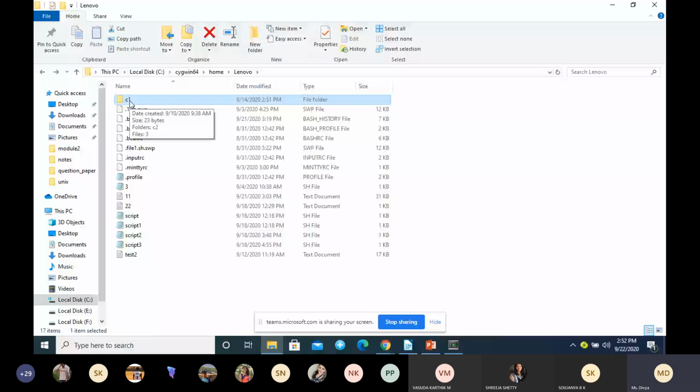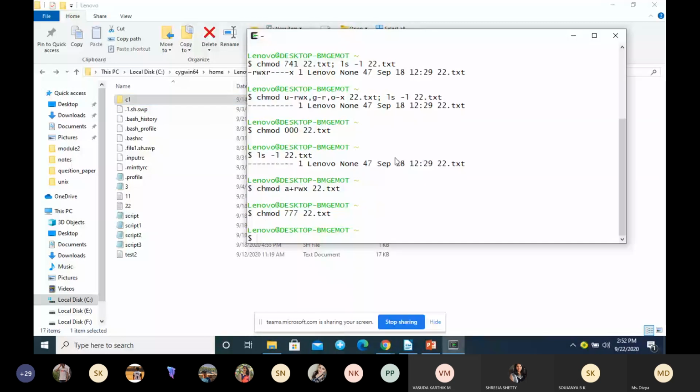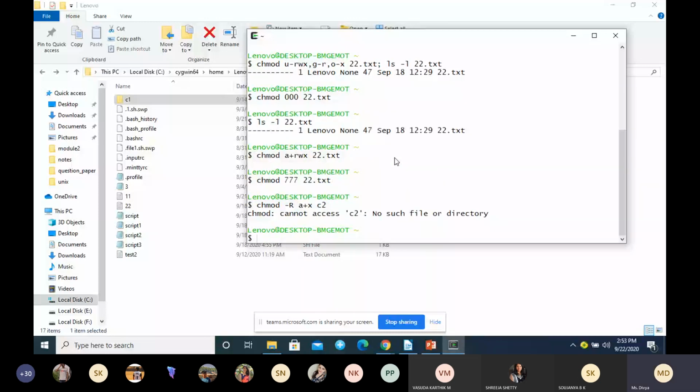So look into this example. chmod -R, capital R, a+x, and this must be a directory. C2 we don't have, C1 with this.